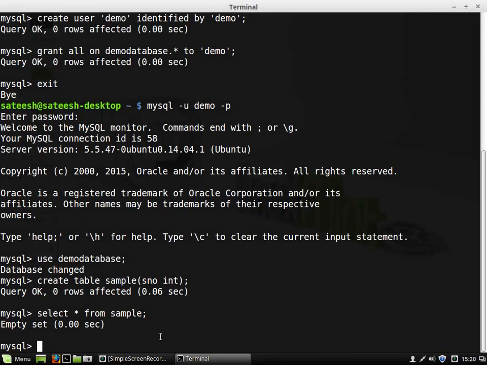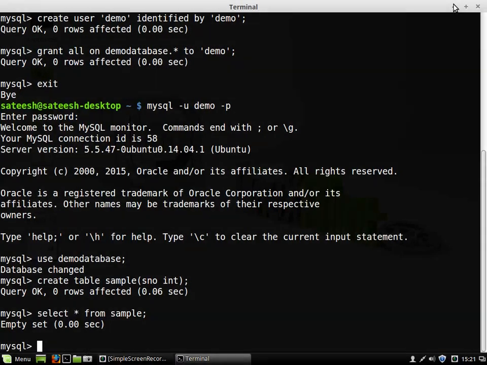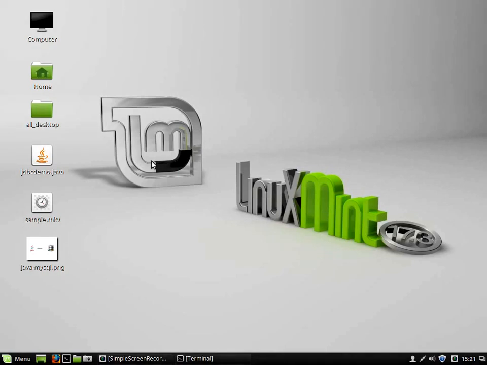We need to insert one value. We have to insert one value using a Java program. It can be one value or more than one value, anything else. Okay, let's try to insert some values into this table called sample using a Java program. After doing that, let's get back to this particular screen, and when I type select star from sample, I should see some values inserted from the Java program. Okay, right. Now let's see what a simple Java program looks like.